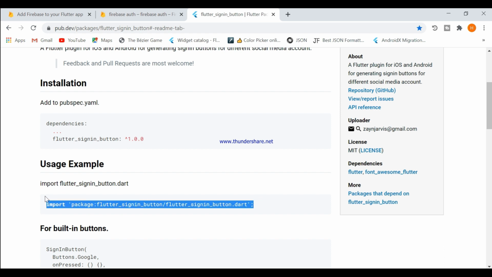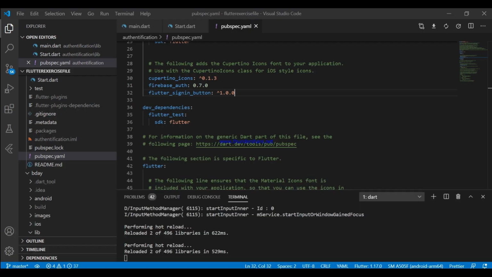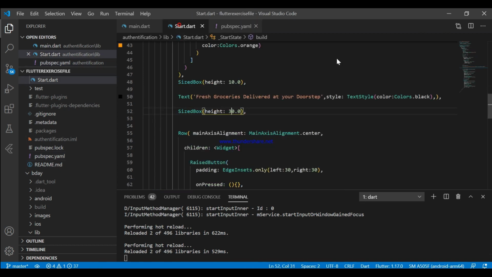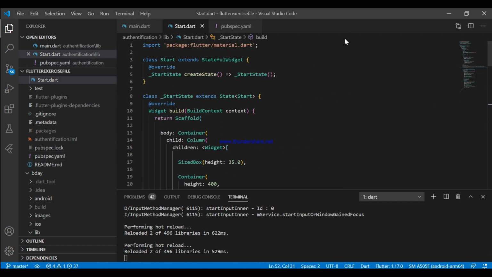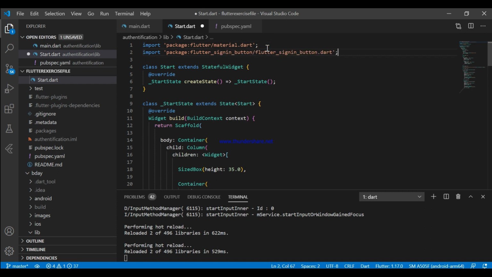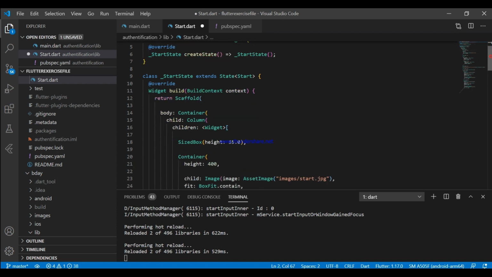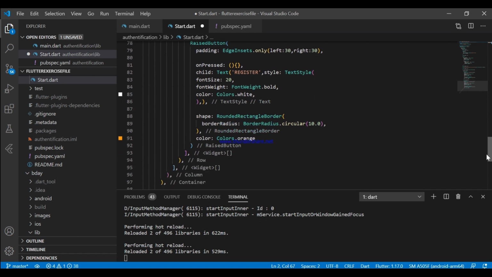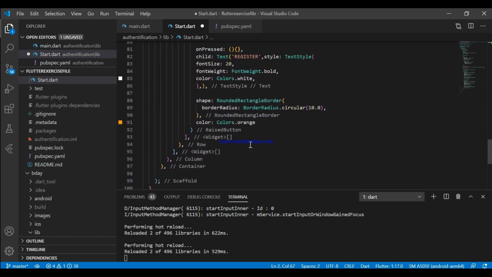And for importing this dependency, just copy this and paste this below material.dart. Yeah, now we need a button for Google sign in.